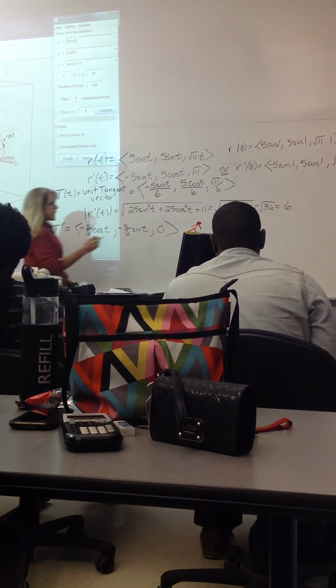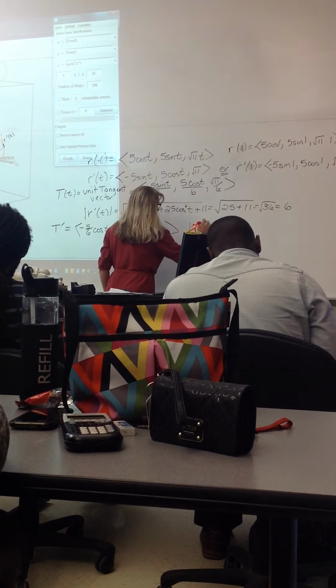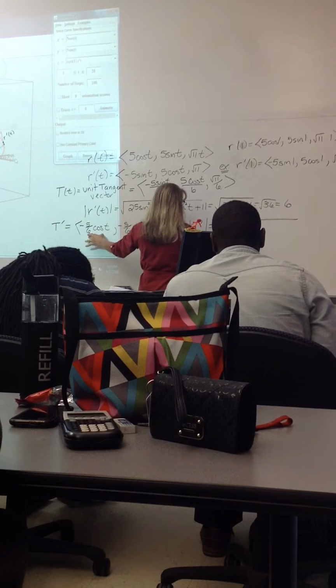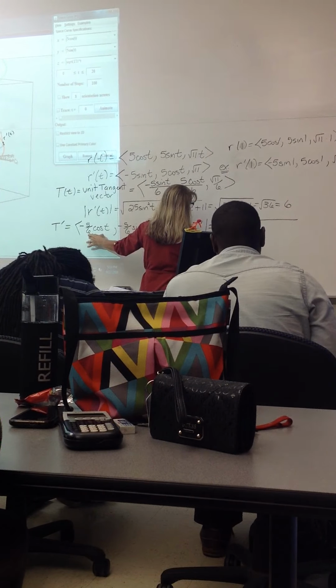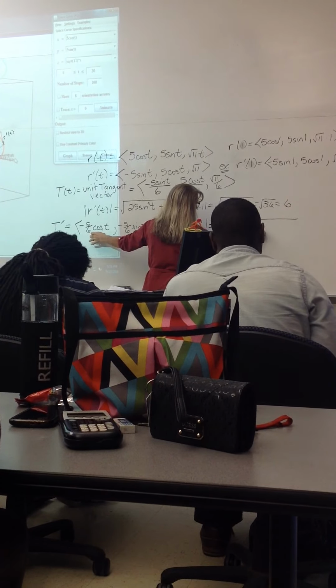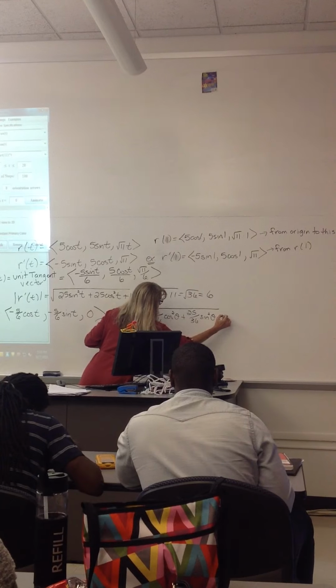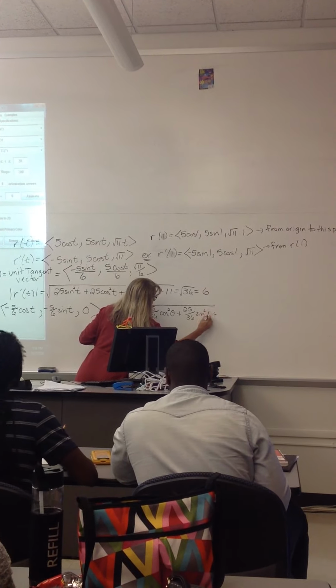If I find its length, then I find the length like I find the length of all vectors. I square the x, and I square the y, and I square the z. Oops, I was using t and not